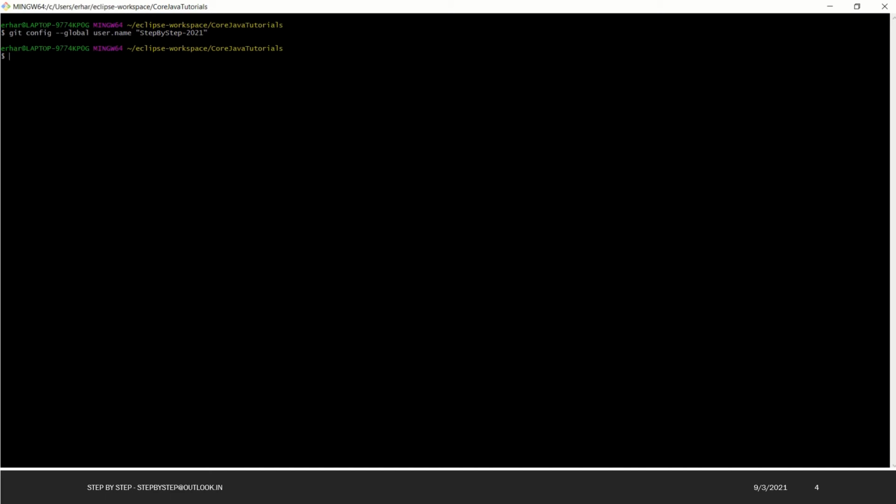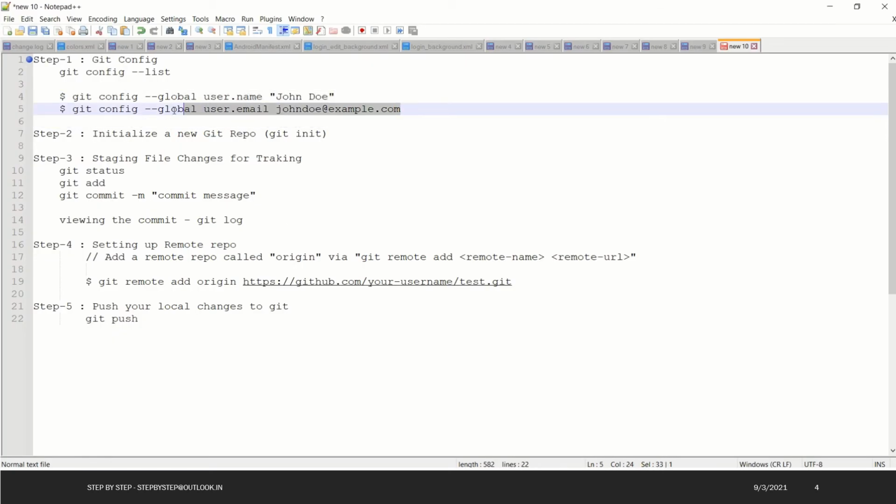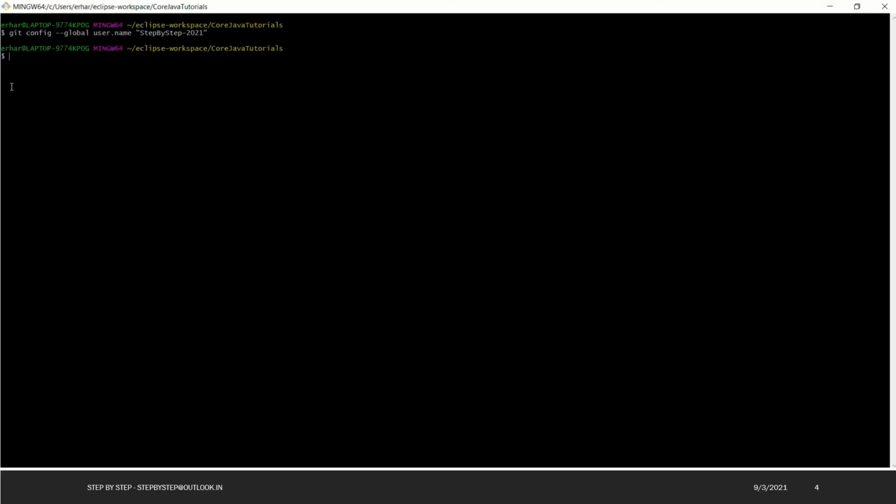Then the second command, I'll just copy from here. You can write it down, but I am just copying to avoid wasting time. Then just update the email ID. The email ID associated with this account is this, Outlook, step by step.